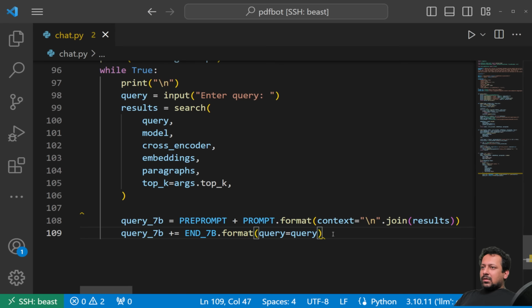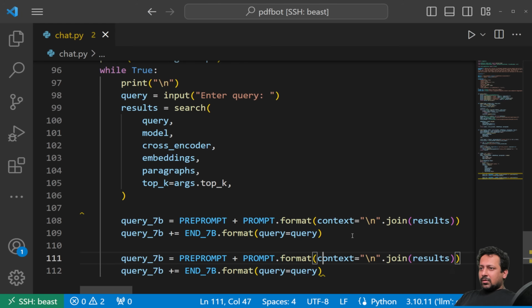So I have formatted the queries that I will be sending as input for the 7B client,